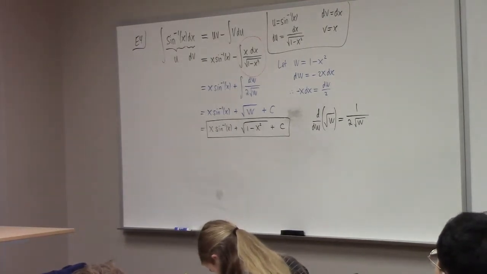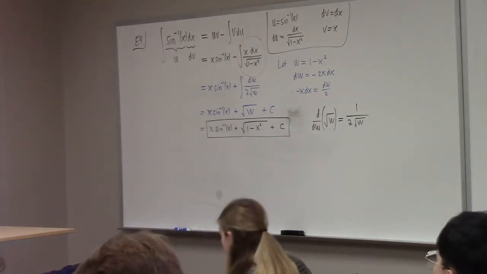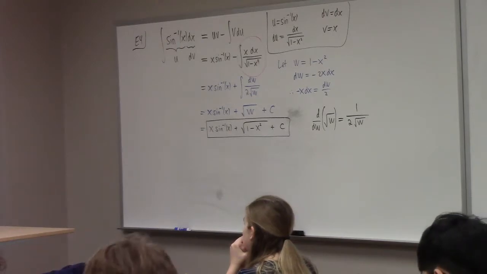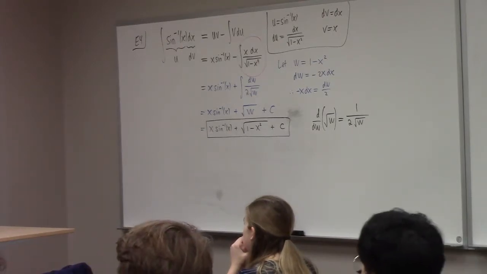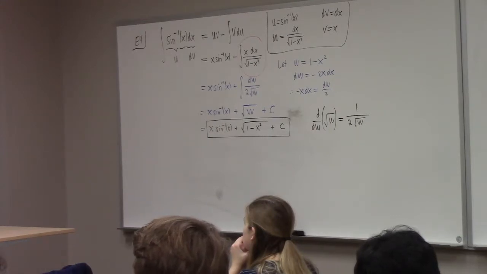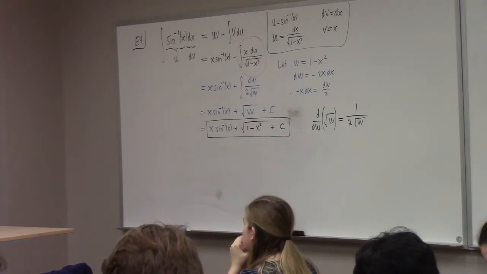I'll do it over here. If I integrate 1 over the square root of w, what is that? This is the integral of w to the minus 1/2 dw, which is w to the minus 1/2 plus 1 divided by minus 1/2 plus 1 plus a constant, right? Which is,